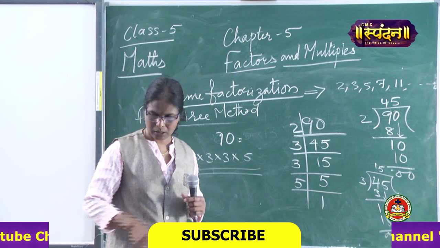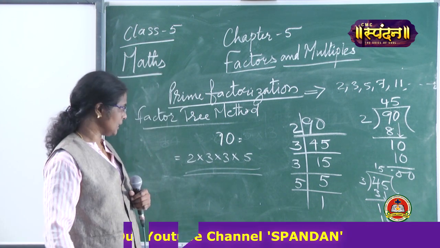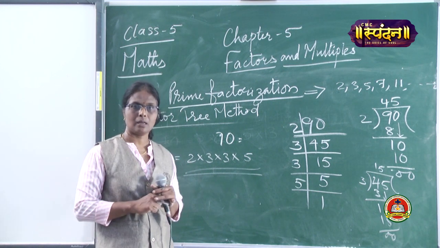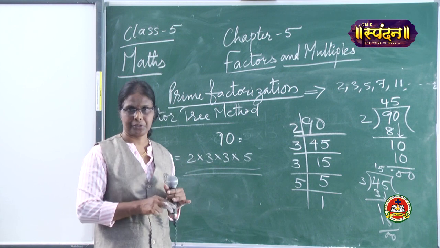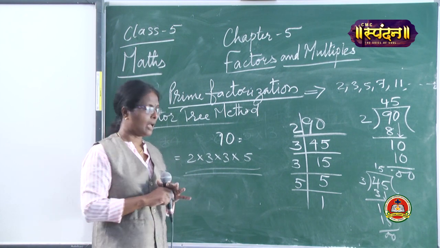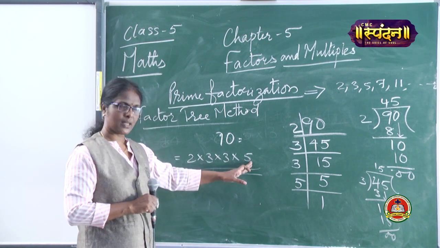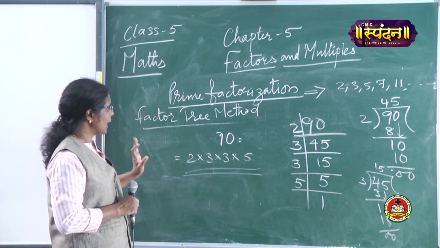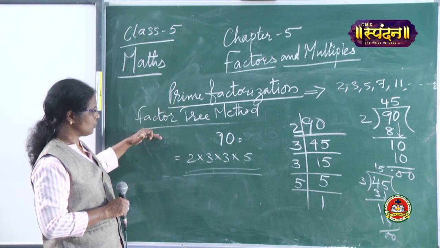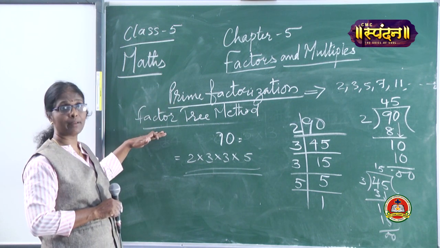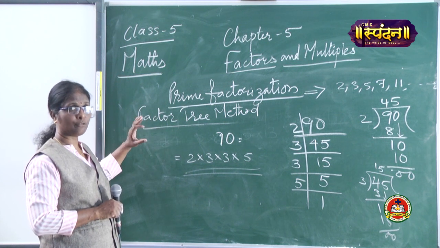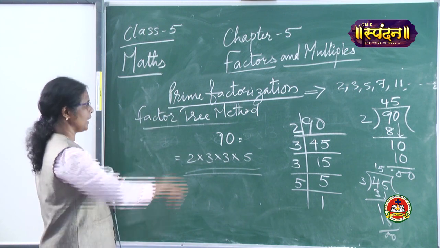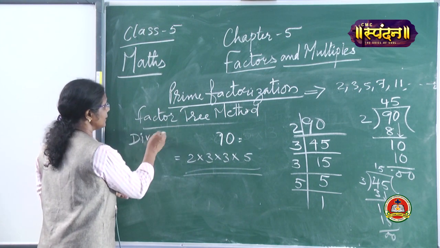So this was all about your prime factorization. We had seen what prime factorization is. Prime factorization is writing a number as a product of its prime factors, isn't it? We are expressing a number as a product of its prime numbers. And to find the prime factorization, we have two methods. One is the factor tree method that you have seen. Earlier we had seen 3 or 4 examples. The first method is the factor tree method, and the second method that we have dealt with now is the division method.